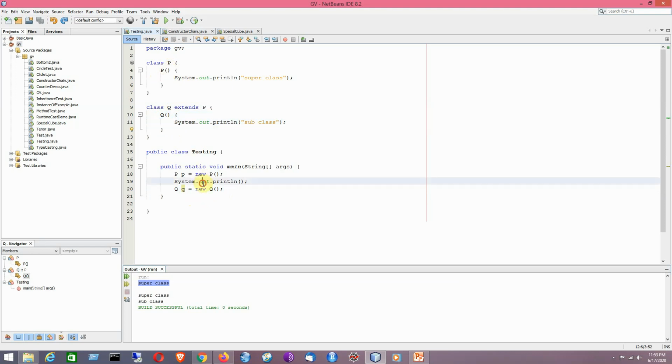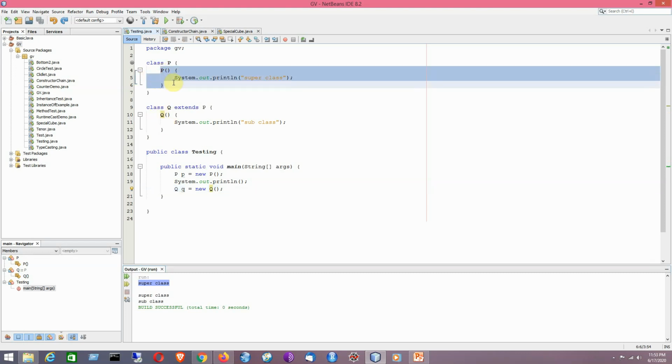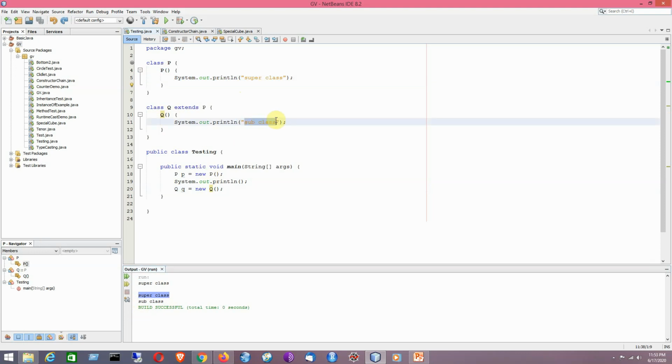So whenever I try to create an object of the subclass, first it will be looking for the superclass default no argument constructor. Since it is there, it will be printing the statement inside its body. So the superclass line will be printed, followed by the line that is coming from the subclass constructor.